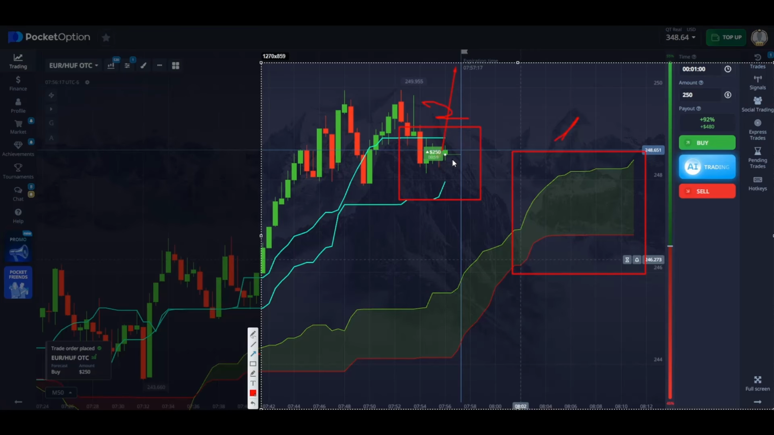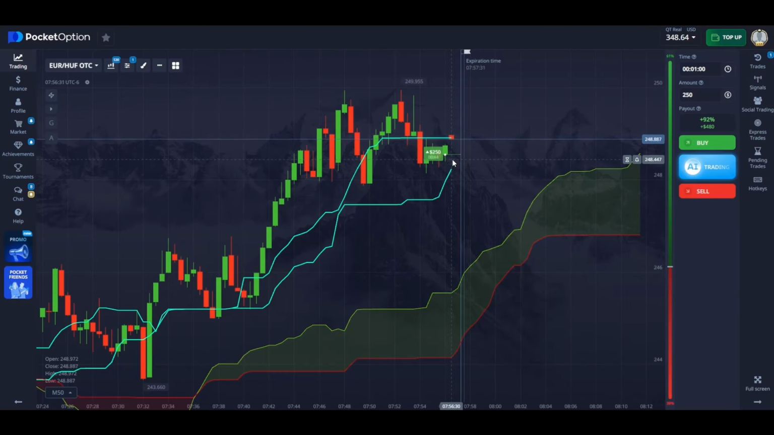Like I said, the indicator is incredibly easy to use. Just look at the color, see where the price is, and open a trade. It's all incredibly simple. Even though the indicator looks, well, to put it mildly, unattractive,